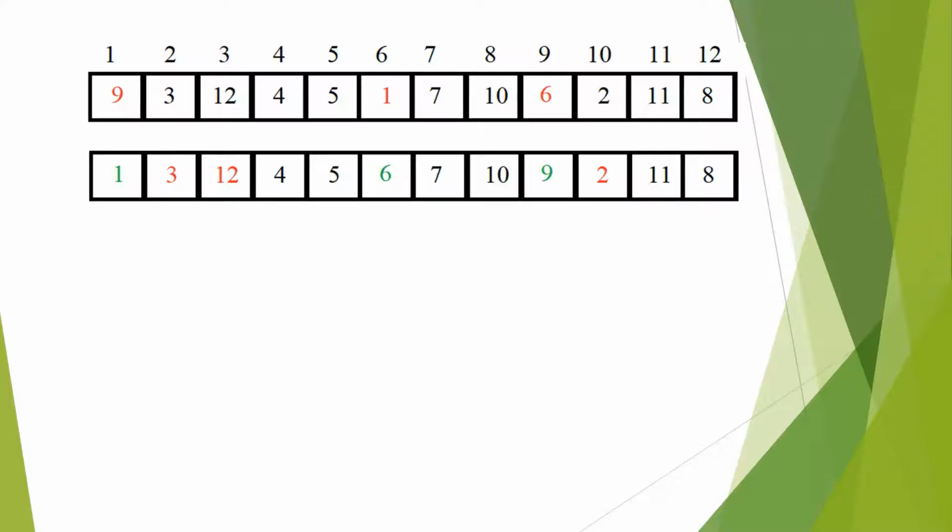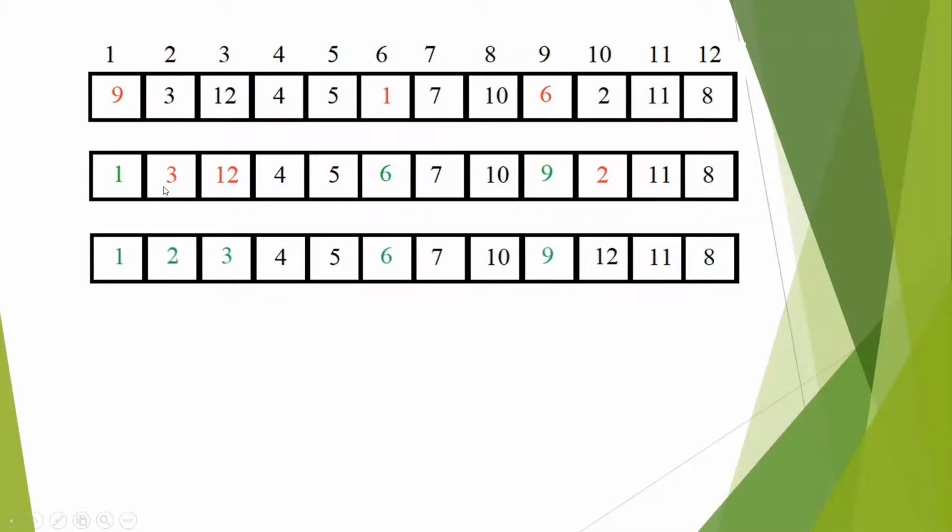operations. Now we select 2 and the number to be placed at 2 is 3. So the second number is 3. 3 has to be placed at this position where 12 is residing. So the third number is 12. So our order would be 2, 3 and 12. So we see that 2 and 3 get placed correctly, whereas 12 gets placed at this position which was the previous 2. So 12 is not at its correct position. So in this operation, we place two elements correctly, which are 2 and 3.